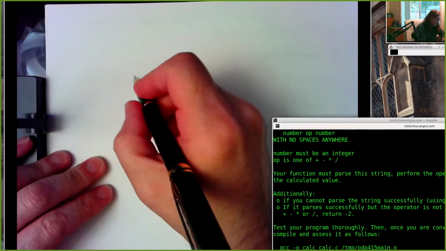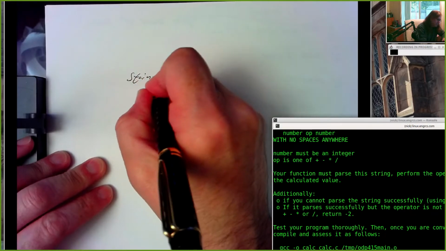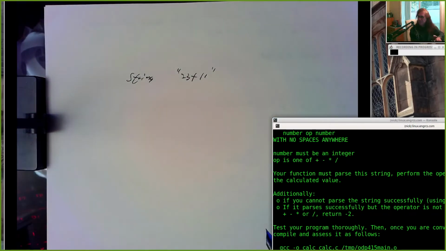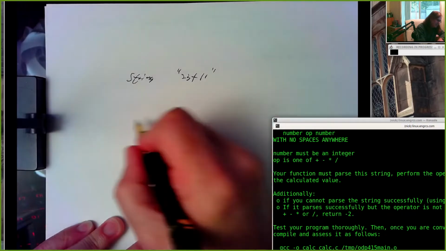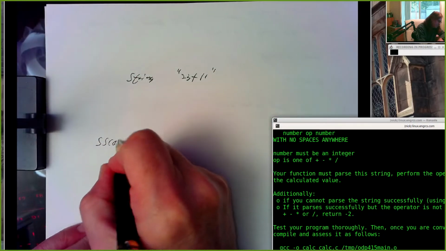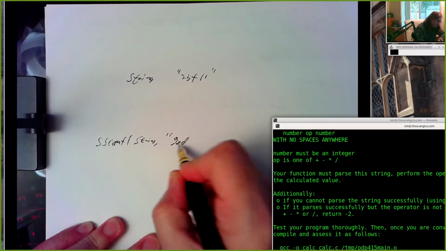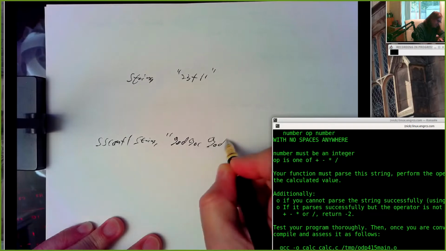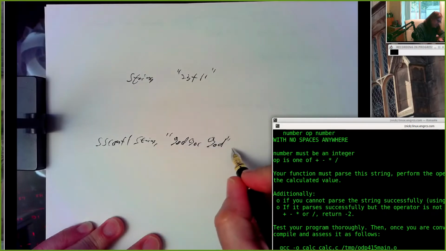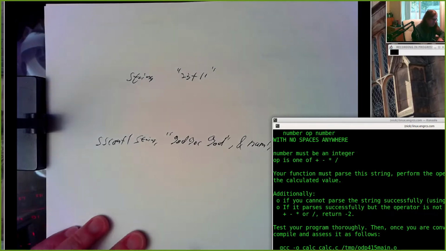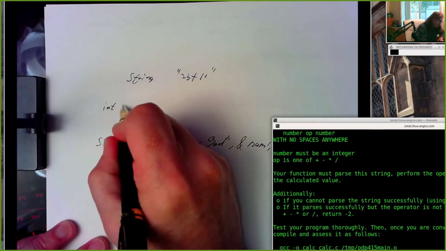So what does this look like? Suppose your string is something like 23 plus 11. And we're doing an scanf of the string, and then %d, %c, %d. And I'm going to scan into 3 variables, num1, op, and num2, and I'm going to declare these as integers for num1